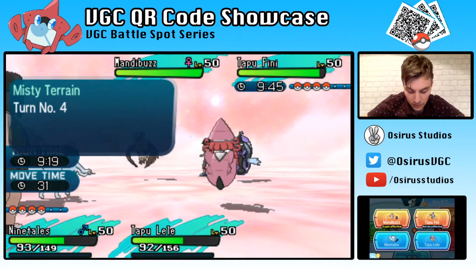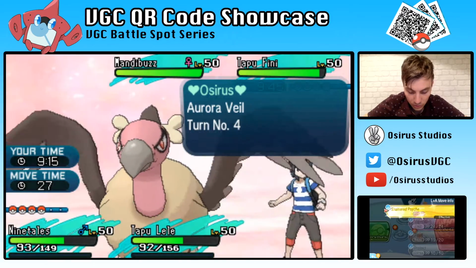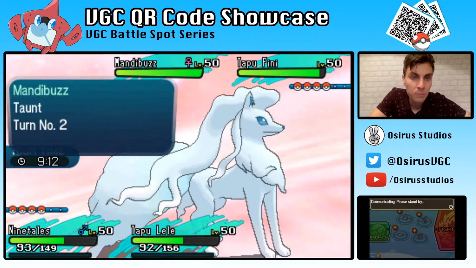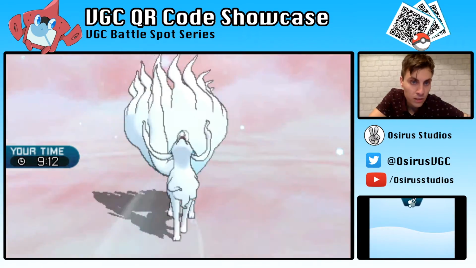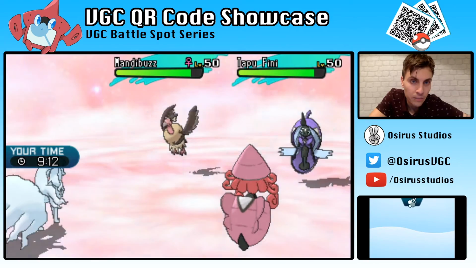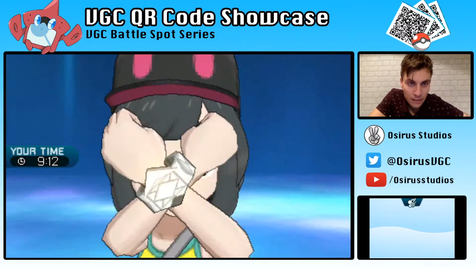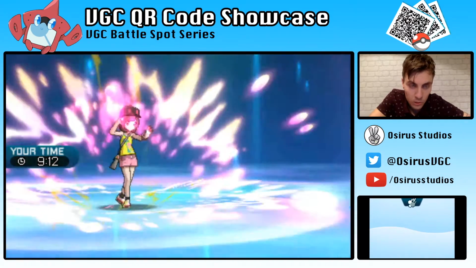And we're in a bit of a situation here. I think I'm going to go for a Blizzard, just to try and get as much damage as I can. I'm going to go for a Shattered Psyche onto this Tapu Fini. At least with the Blizzard, we'll be getting a bit of damage onto that Mandibuzz. There's always a chance to freeze it as well, because it isn't affected by the Misty Terrain. Not doing very much damage at all. And that Snarl really doing some work here on the Tapu Lele. So we will go for the Psychic,